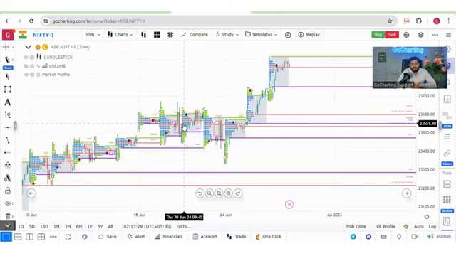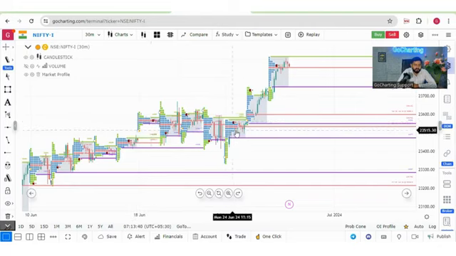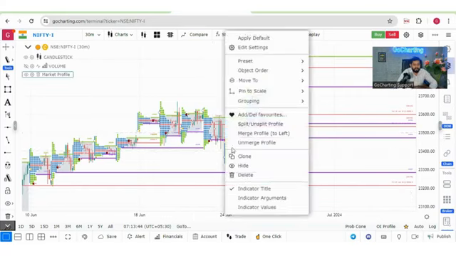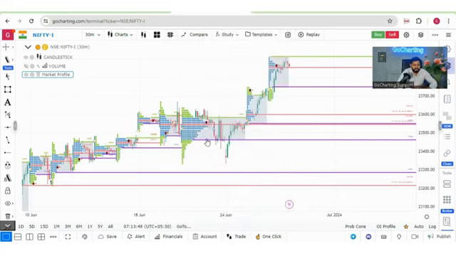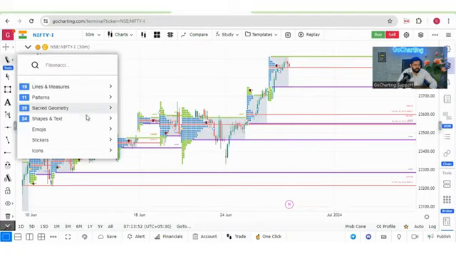I have just said that even if they are overlapping 50%, you should try to merge them. You should try to combine them. Now you see the 5 days profile. They are overlapping so beautifully. What you are going to do, you can either right click and merge profile to left. You can keep on doing this, or you can go to the drawing tools, go to shapes and text,